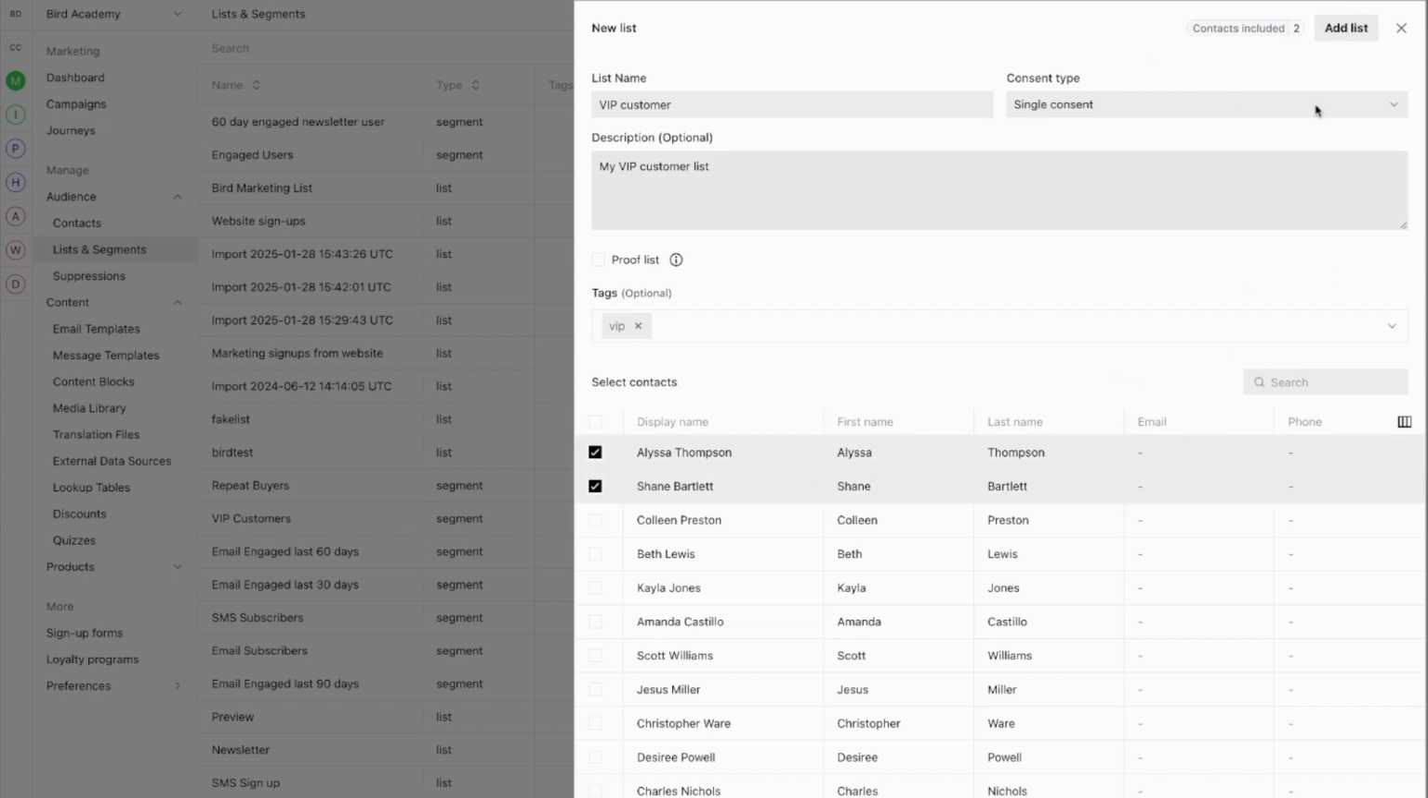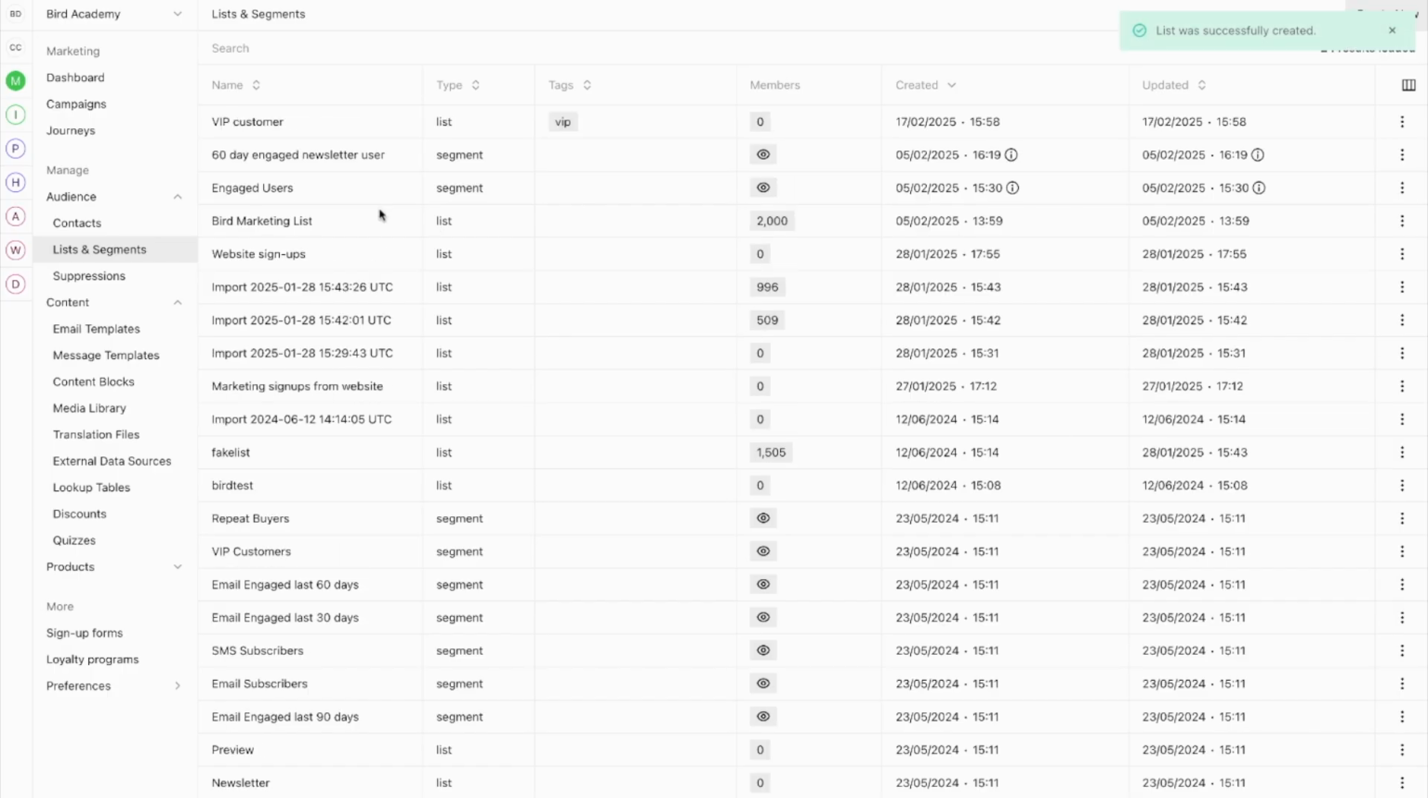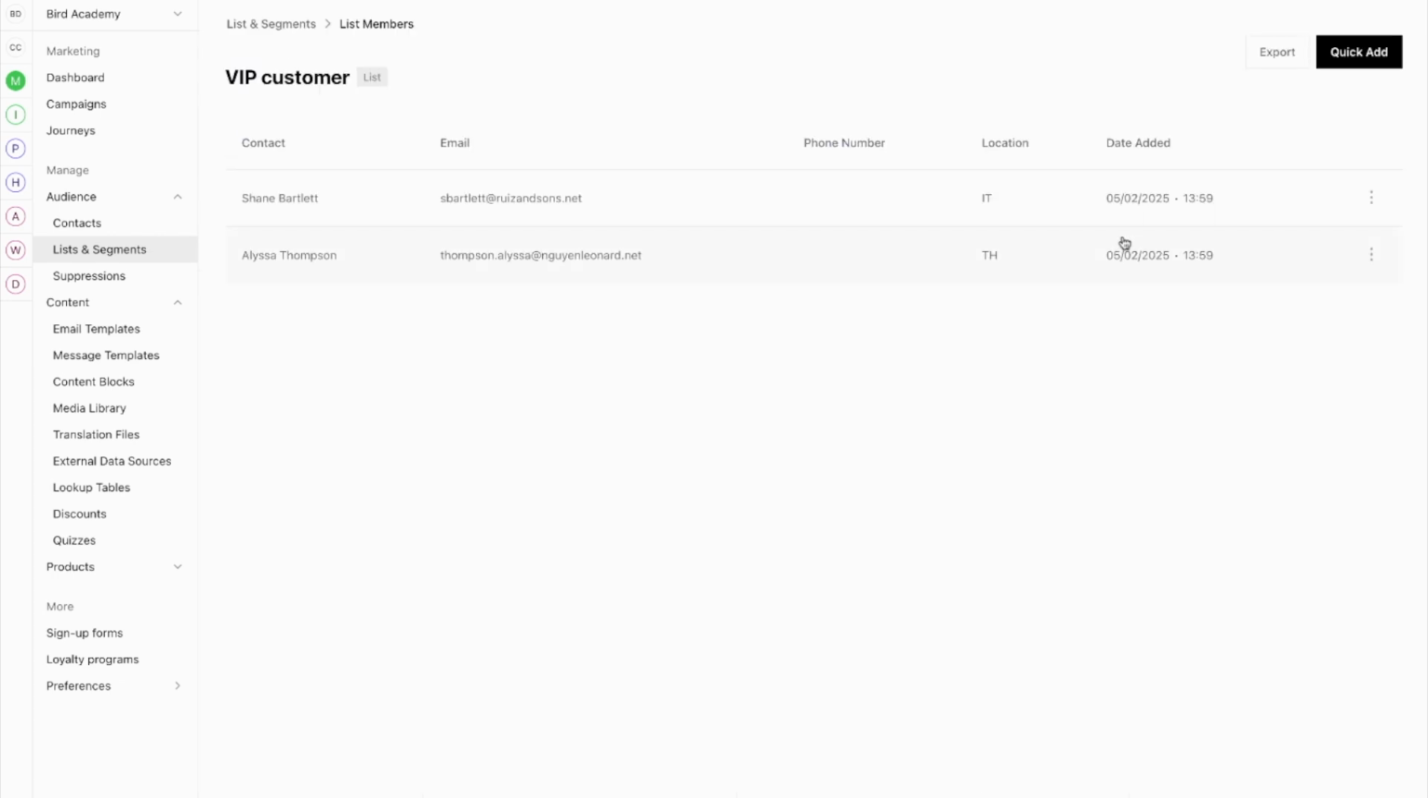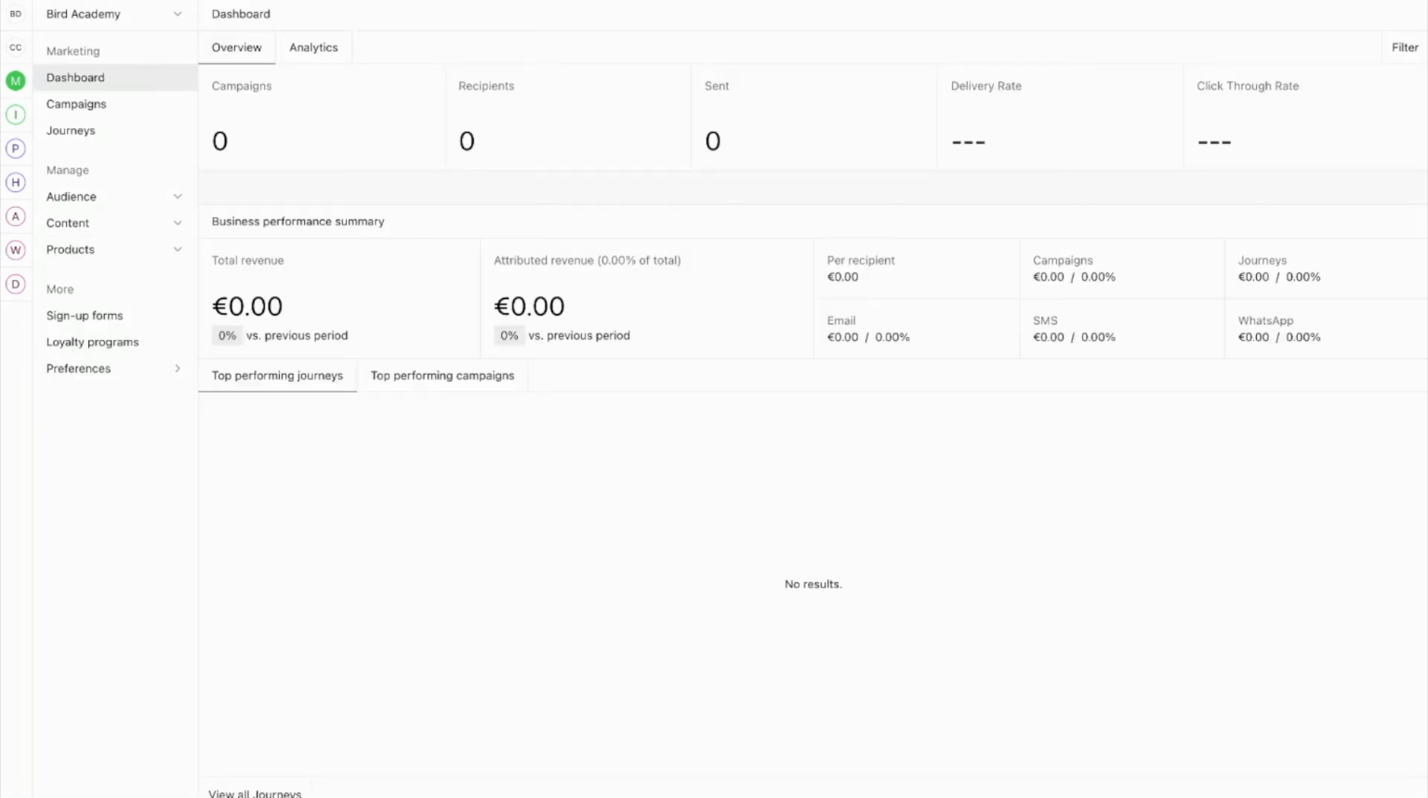Once you're satisfied with your setup, click Add List. This creates your single consent list, tagged as VIP, with your selected members. You can always view and manage your lists in the Lists and Segments section, where you'll see all details including member count and tags. Now your SMS channel is fully configured. You have a funded wallet for ongoing services, an active SMS channel with registered numbers, organized customer lists. You're ready to start sending SMS messages through campaigns and journeys, where you can create your message content directly within those workflows,